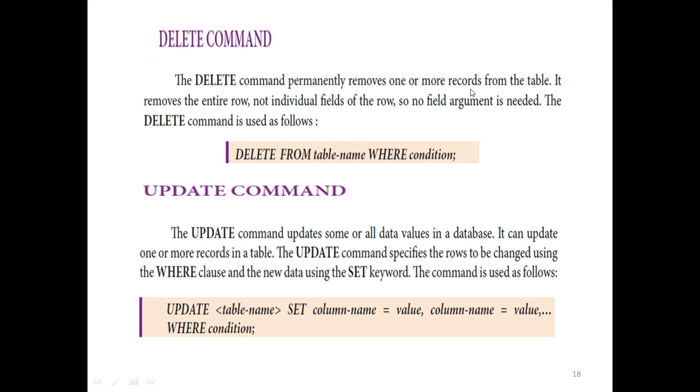The record can be removed with the help of the delete command. It removes the entire row, not an individual field of the row, so no field argument is needed. The delete command is used as follows. Syntax: delete from table name where condition. This is the delete command.